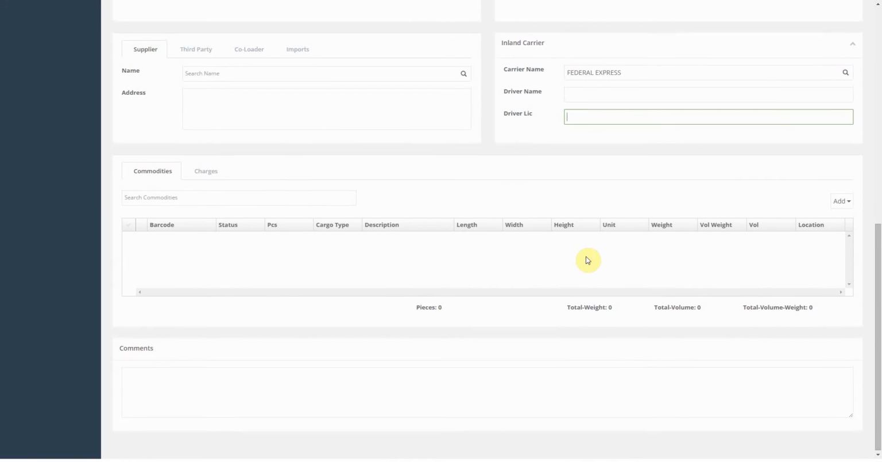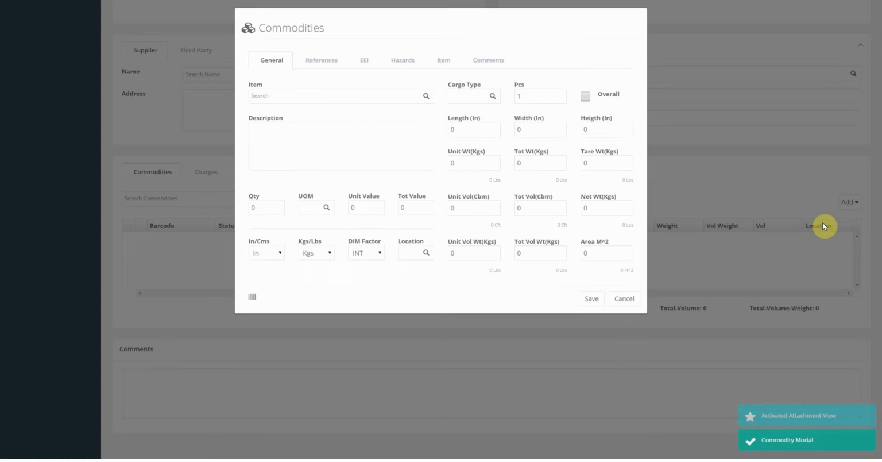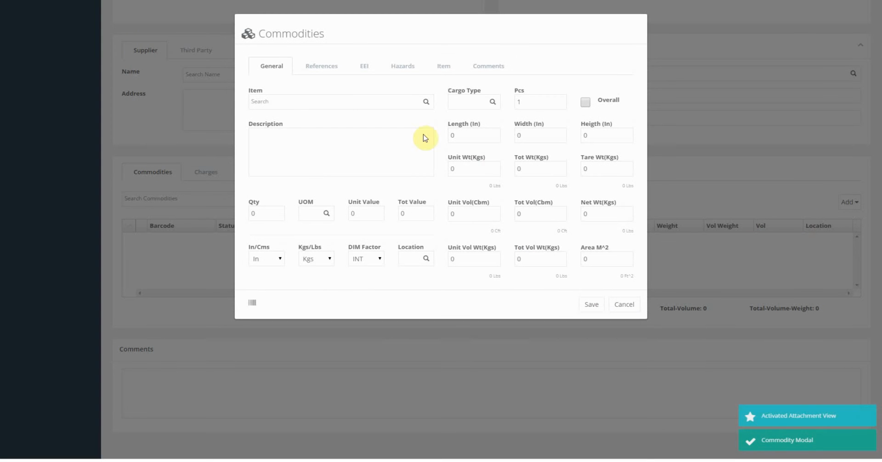To do that, we'll click on the Add button and select the type of commodity you would like to add. There are 3 types of commodities you can add: regular commodity, vehicle, and repack. Let's start by adding a regular commodity. A regular commodity can be anything from an actual item to any package. Starting on the General tab, let's choose an item or SKU from the item definition list, such as PC